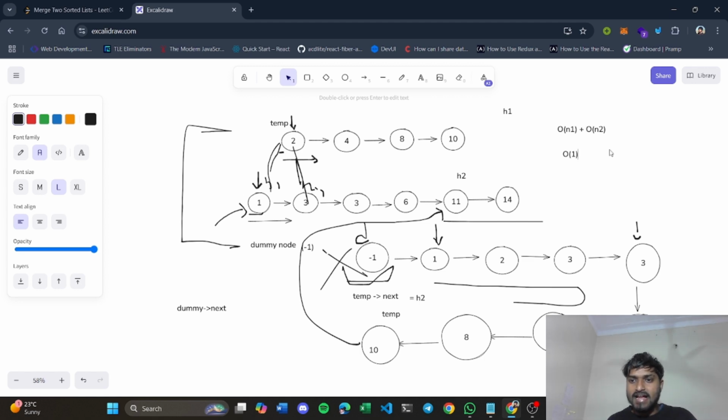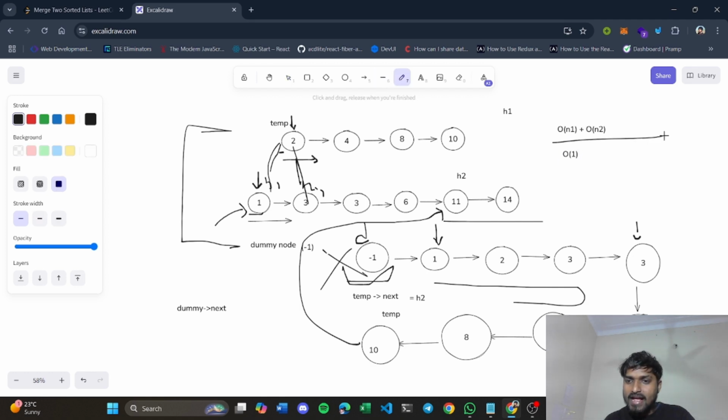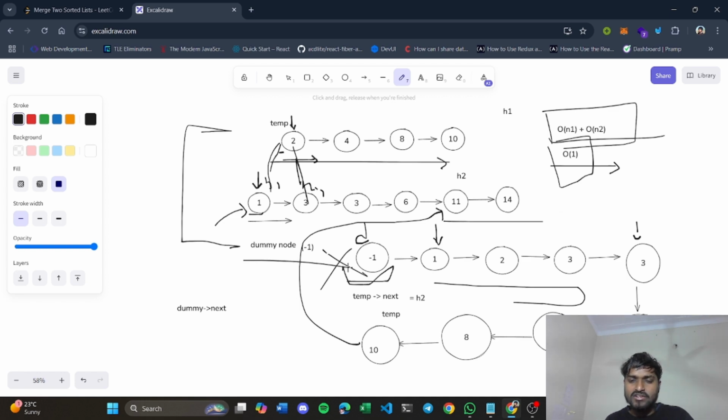So you can notice here that the previous time complexity was bigger, and also there was a space complexity of big O of n, right? But here you can notice that our time complexity has been reduced to traversing only this linked list, and the space complexity is big O of 1. You must be thinking, what about the dummy node? We are actually creating a single dummy node, so its space is still big O of 1. So this is the better approach.